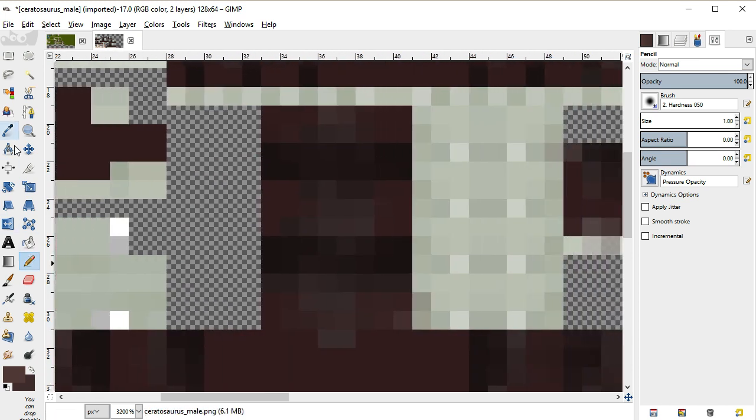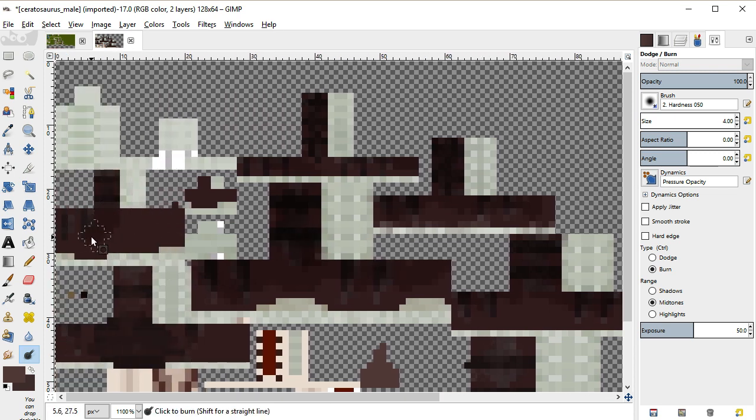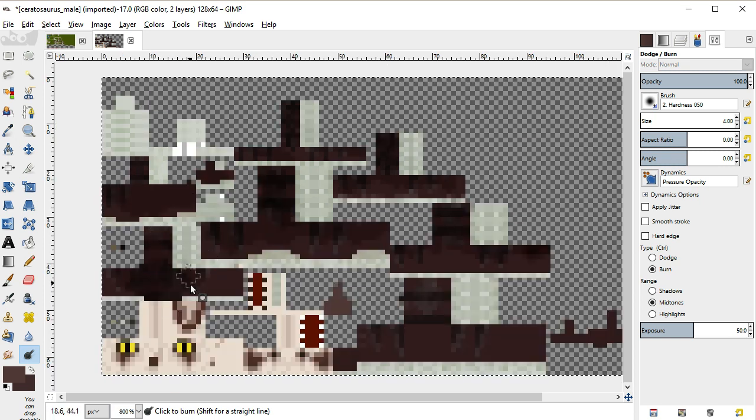Okay, I was gonna use this tool. Yeah, like that there. Oh yeah, that's pretty good looking, I think. And we'll just kind of keep doing that throughout, and there we go. We'll need to put this on this area, and on that, and on this, and